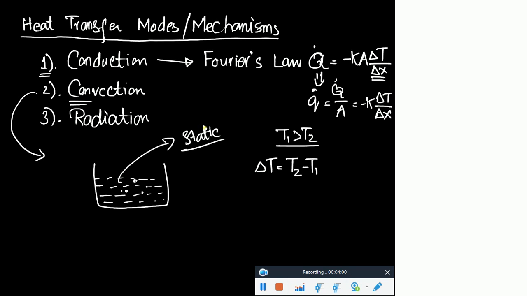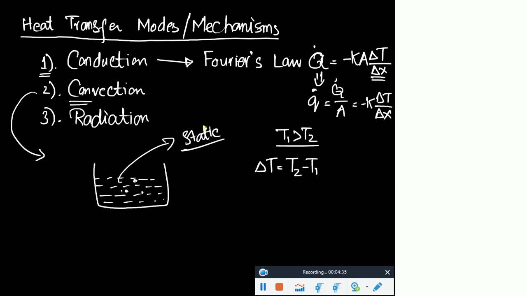Whenever you have a moving fluid over some surface, just like air breezing over the surface of water, the surface of the sea, the surface of a river, or air moving around this building, obviously that air would be trying to extract some heat out of this building because it is cold outside. So the temperature inside the building is slightly more than the temperature outside. In these forms, the heat transfer mechanism is convection.